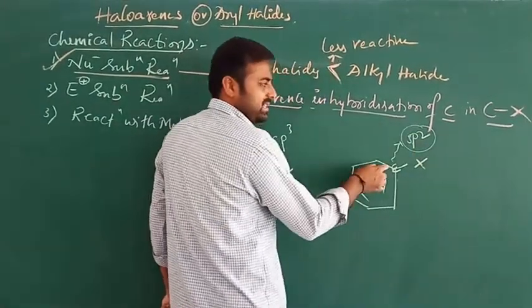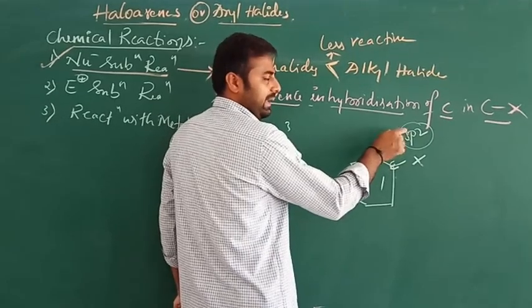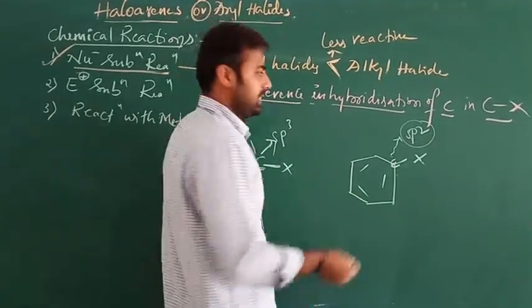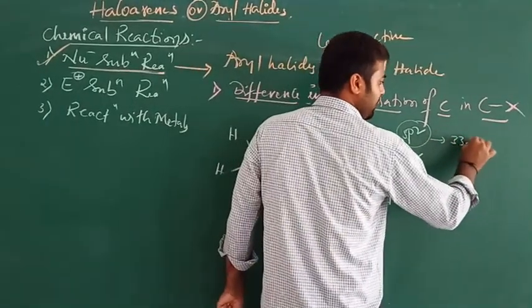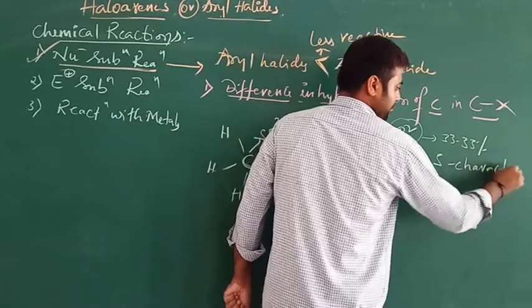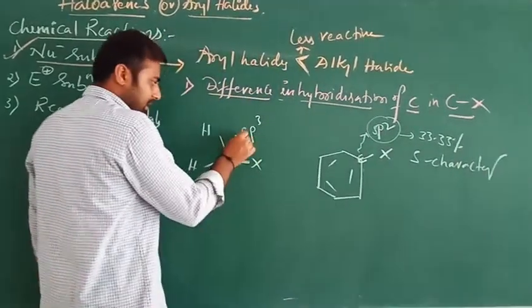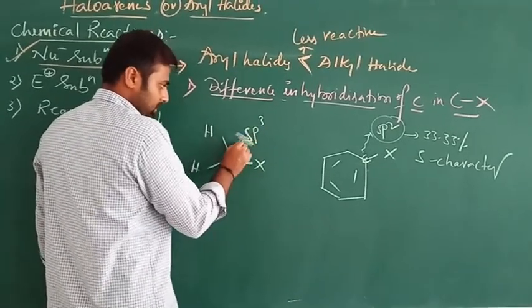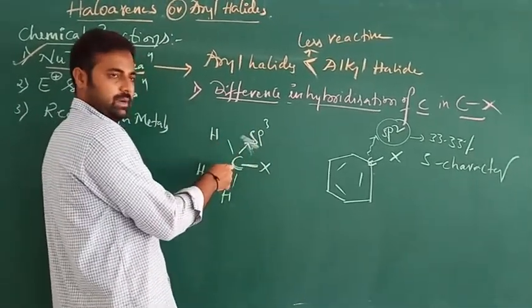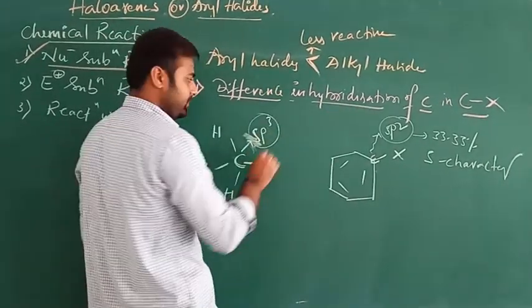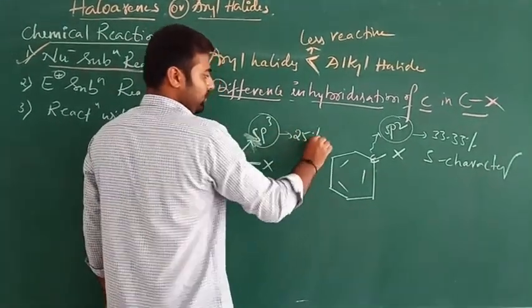The sp2 hybridized carbon definitely has more s character, more percentage of s character. That is almost 33.33% of s character, right? In sp3 hybridized carbon, definitely the percentage of s character is less when compared to sp2, that is 25% of s